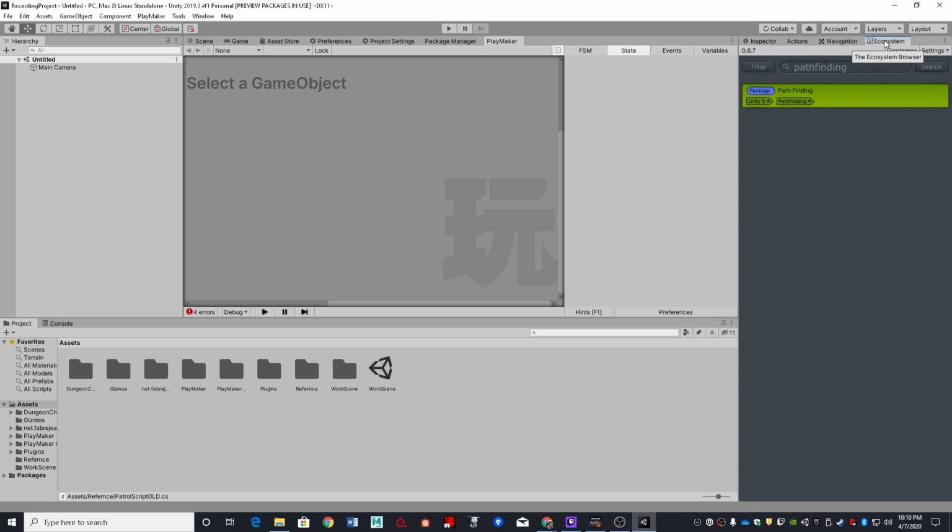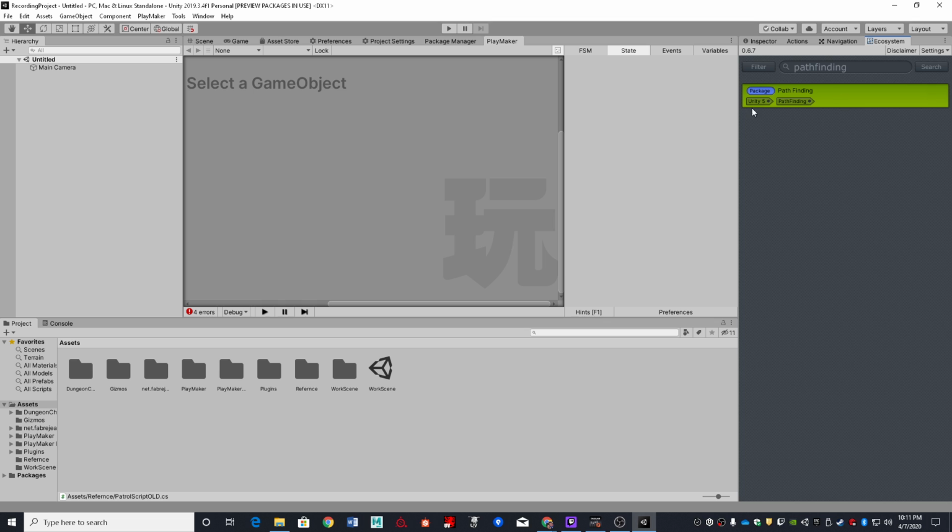And then I'm also going to be grabbing something off of the ecosystem, because something you will discover very quickly if you download and install the base version of PlayMaker, and then you go to try to find anything related to pathfinding, any of the NavMesh agent or NavMesh stuff, you can't find it. It's not part of the default PlayMaker install. And while I usually grumble about this behavior from PlayMaker, in this particular case I understand it. Not every game is going to use pathfinding. In fact, potentially a lot of games won't, so it makes sense to not have this be part of the